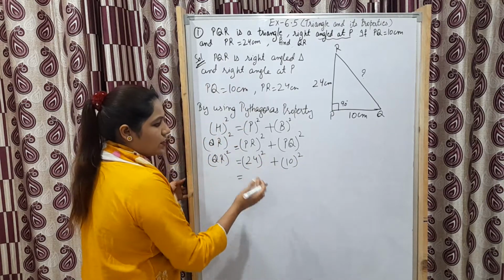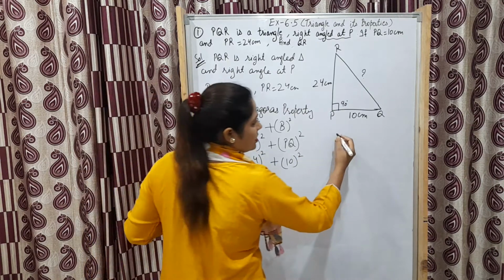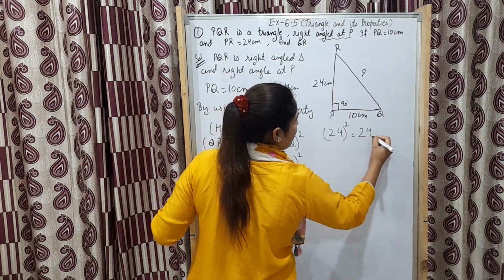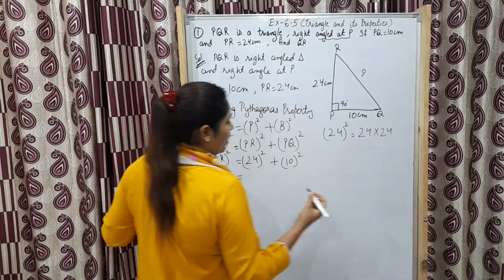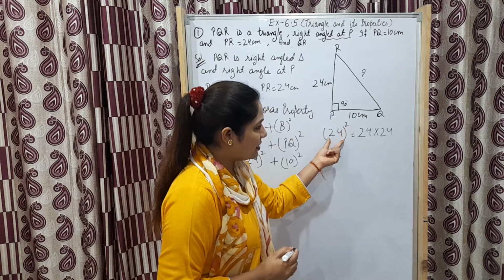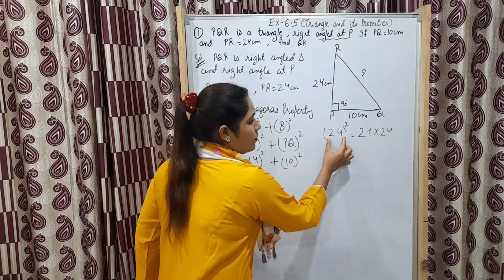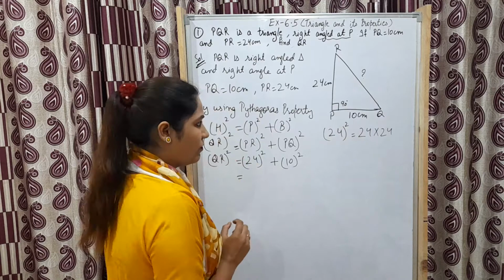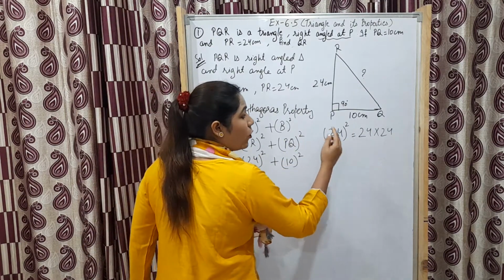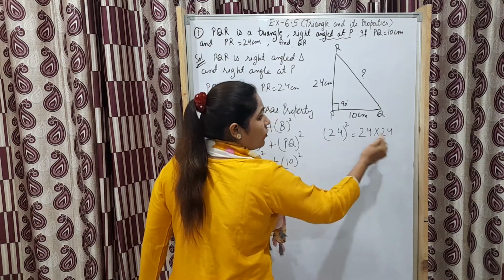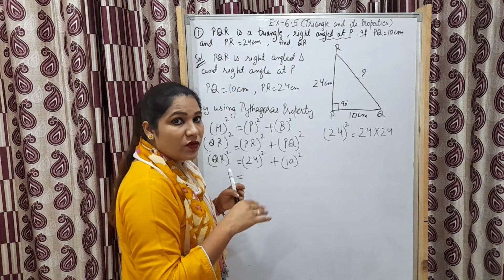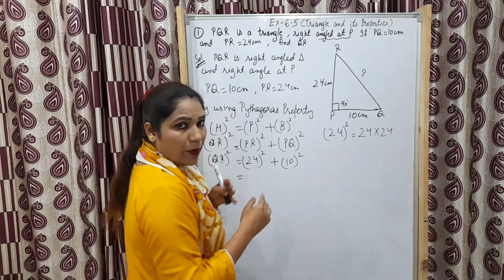Now 24 square. What do you mean by this 24 square? Students, see here carefully. 24 square, it means 24 multiply 24. Now this one is our power. This one power and this one is called base. 24 is base and 2 is the power. So 24 square, it means we will write 24 two times. 24 into 24, because here it is written 2. If it is written 3, then we will write 3. That is exponent and power.